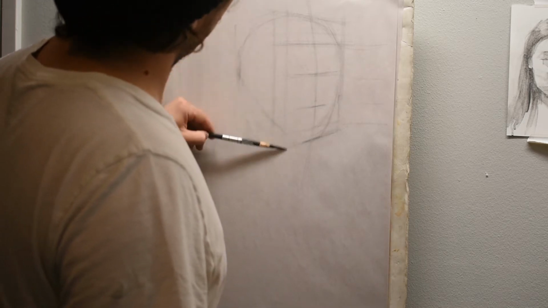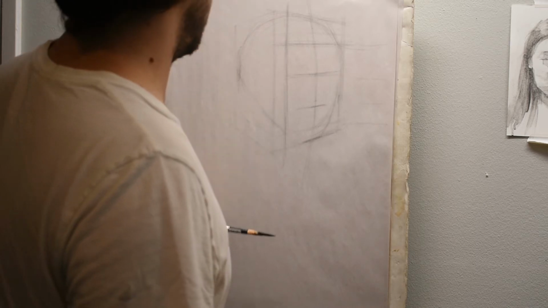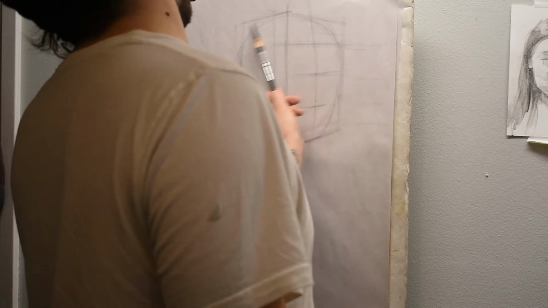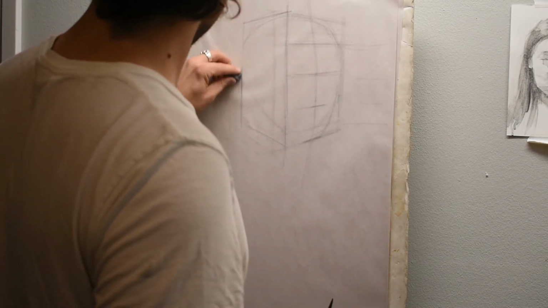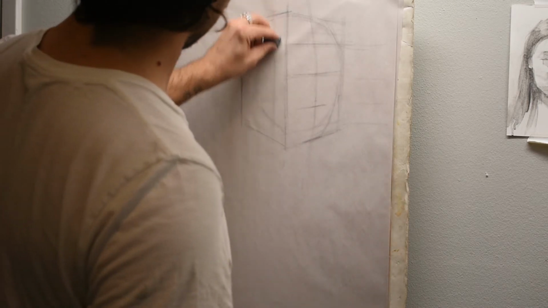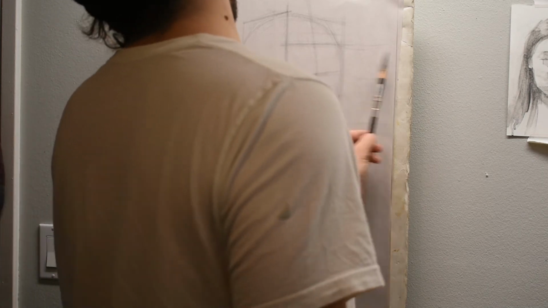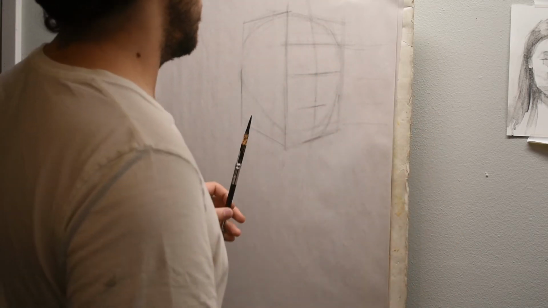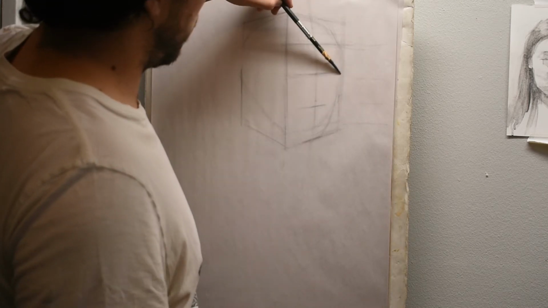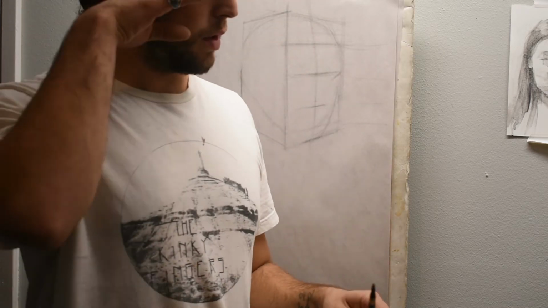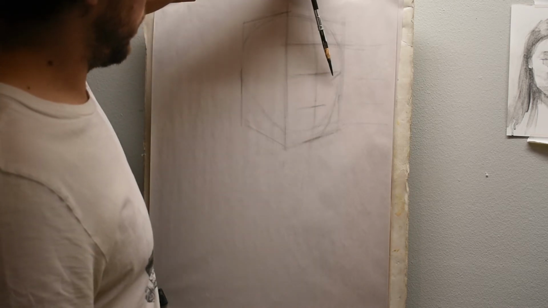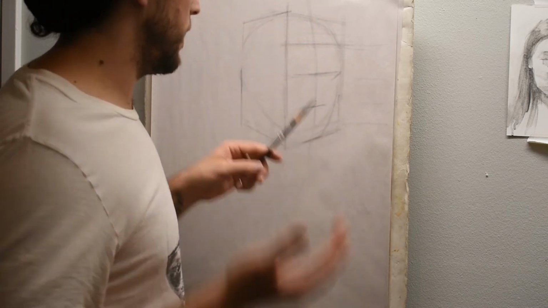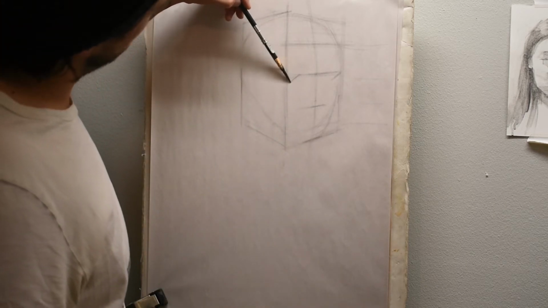I'm going to bring this in a little bit. Okay, so from here, this is where we start to break down the head into planes. So thinking about our brow ridge here, there's this deep cut inward from our brow ridge down to our eye. There's this step inward that's happening here, right? From here down, kind of chunking in. So I'm going to try to track that on both sides,